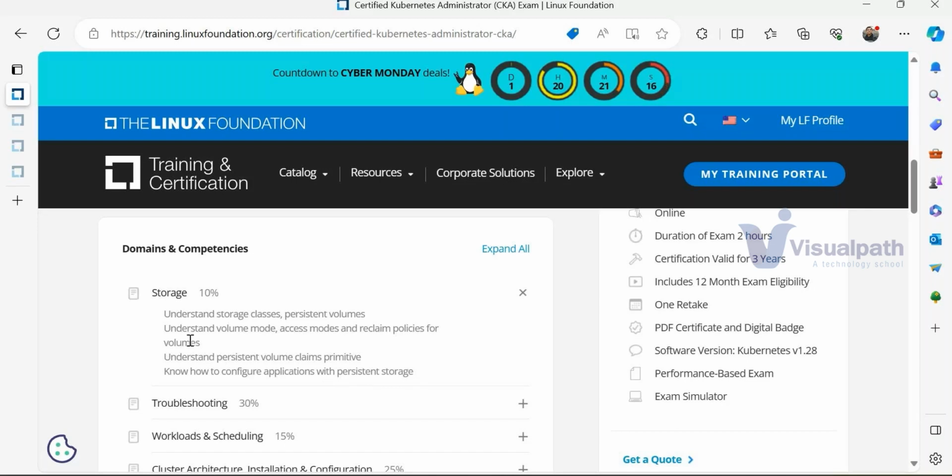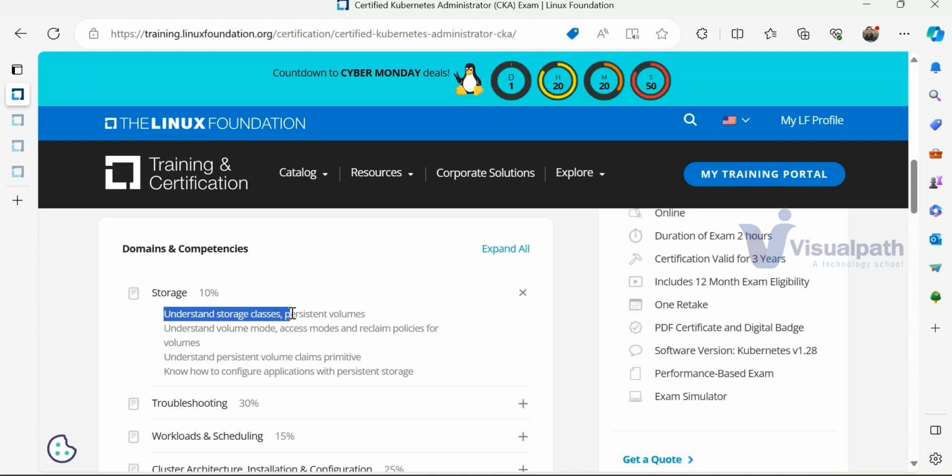All right, storage. Here, first we will understand storage. What is storage? Storage means my application data. Where should I keep the data? In this modern world, what is expensive? Not oil. Data is the most expensive thing in this world. Earlier it used to be oil, but now data is more expensive. So here Kubernetes will teach us how we can store our data, and we will configure our storage.